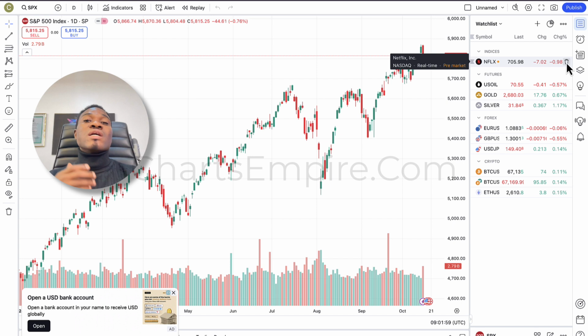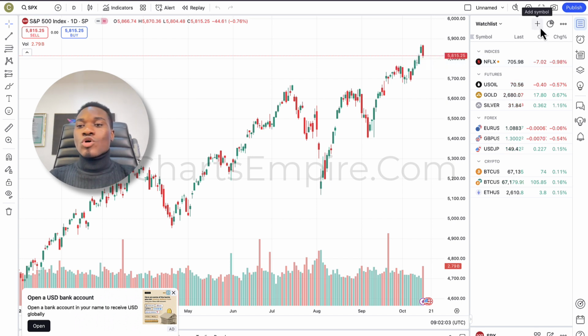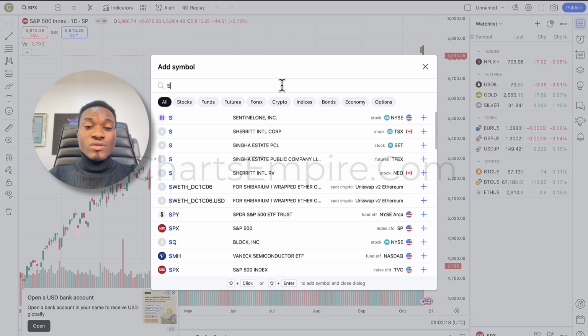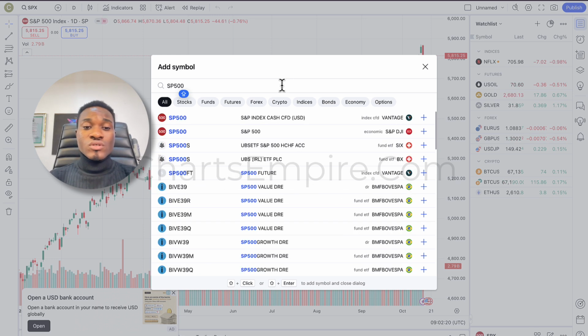As well, you can add new watch list. To add new watch list, just move your cursor all the way up and select the add symbol right here. Once you click on that, then you type the name of any asset you would like to add on your price chart. Now, let's say for instance, I want to trade the S&P 500. I can just search SP 500 and you can see that this SP 500